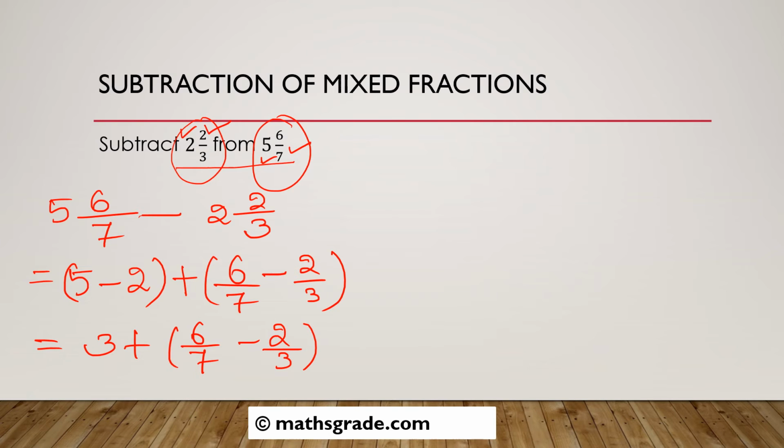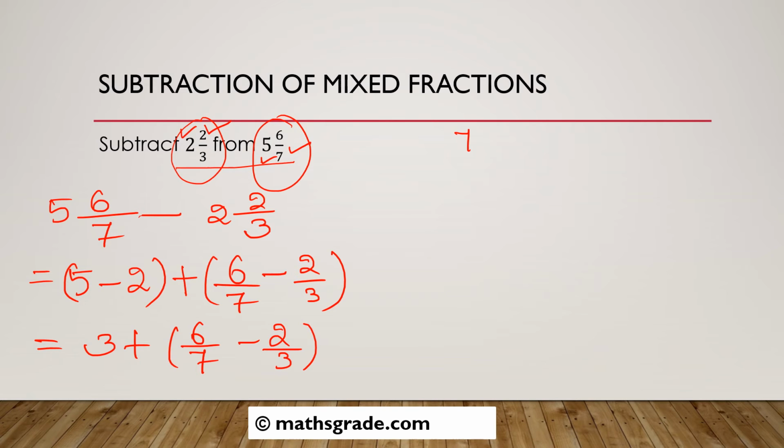Now these both are unlike fractions because they have unequal, that is different, denominators. So we have to convert the unlike fractions into equivalent fractions. First find the LCM, then convert into equivalent fractions by multiplying the same number with both the numerator and denominator, so that the denominator is equal to the LCM. Then after getting like fractions, subtract the numerators only. First find the LCM of 7 and 3.